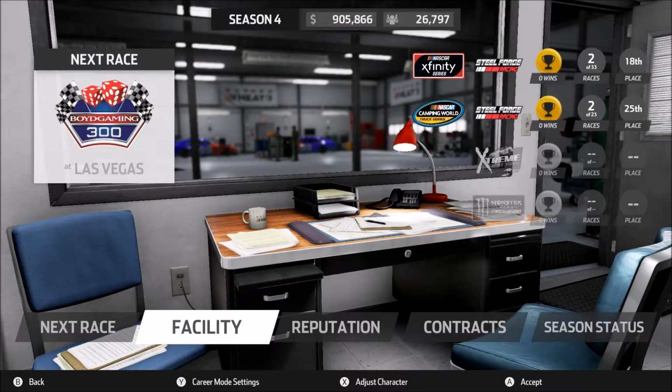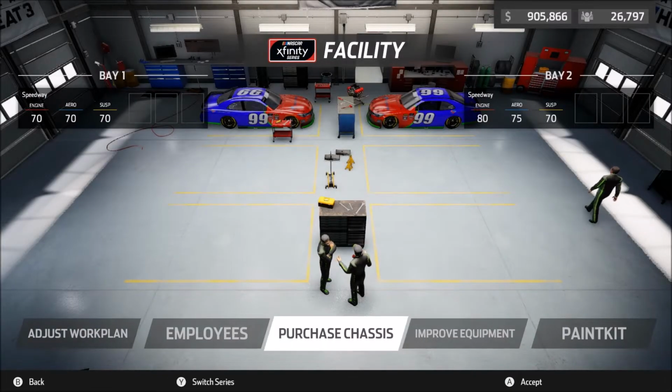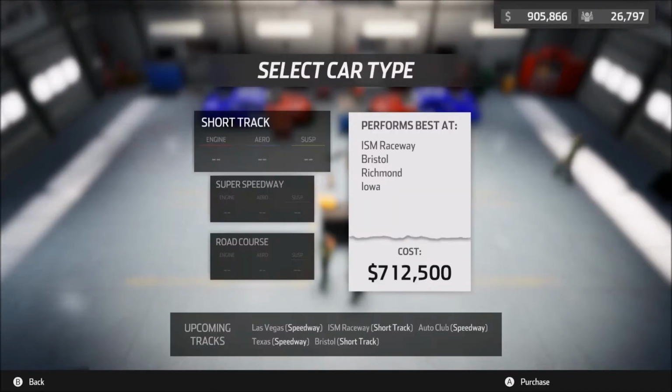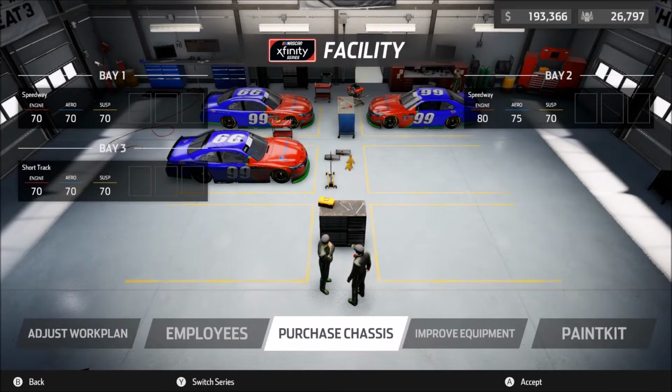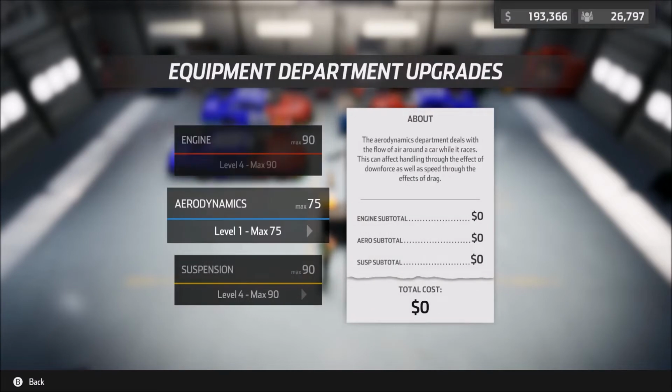So what we're going to do is we're actually going to go into facility first. And we're going to purchase another chassis. This time we are going to purchase a short track chassis. There we go. And then we're going to come in under Improve Equipment and just see what we're dealing with